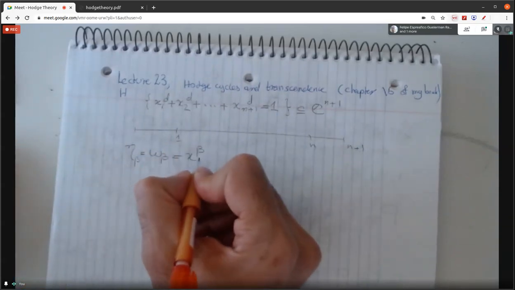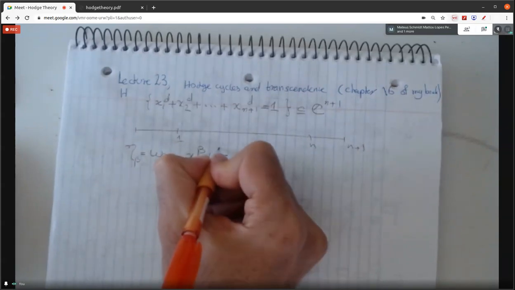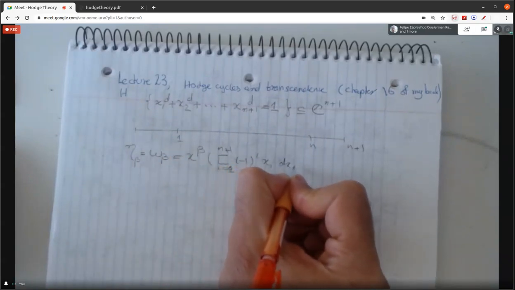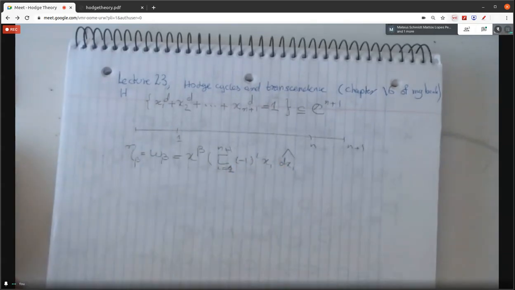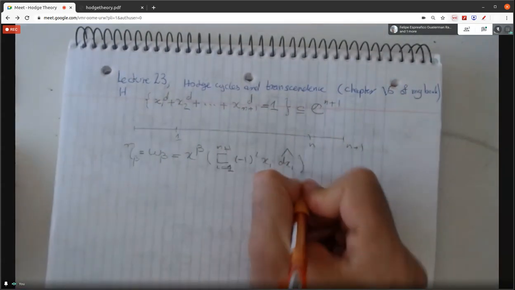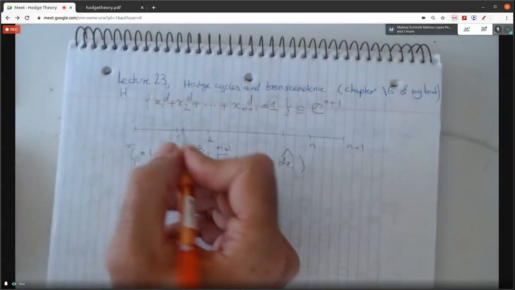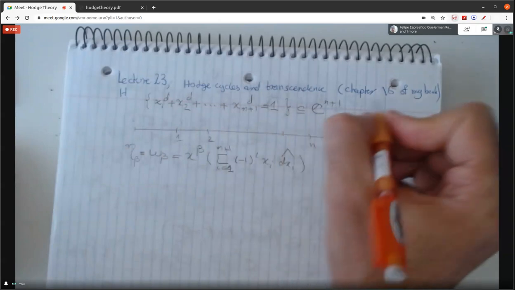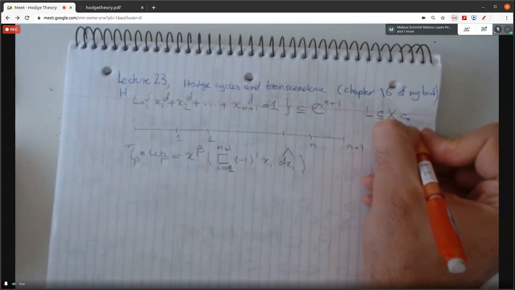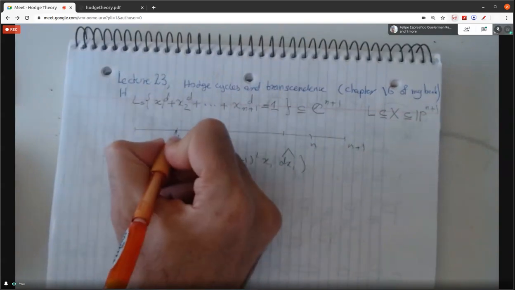So let's write the n form. So it was the sum for i equal to 1 until n plus 1 of minus 1 to the i xi, the wedge product of all dxi except dxi itself. So this was our differential form. So as I said in the previous, for the de Rham cohomology of the compact, let's say L is inside the compactification, and then this is inside Pn plus 1. For the de Rham cohomology of X, we will need, we can remove,